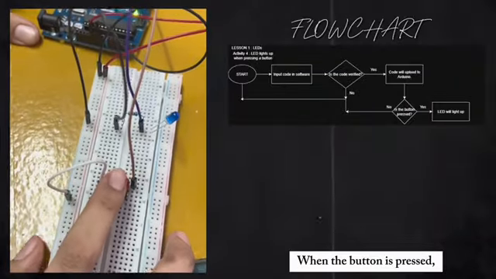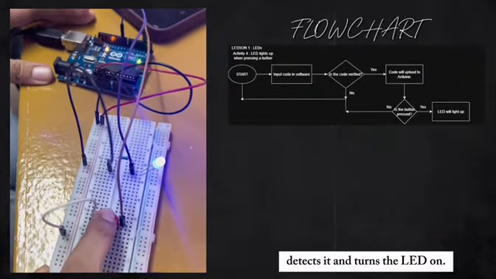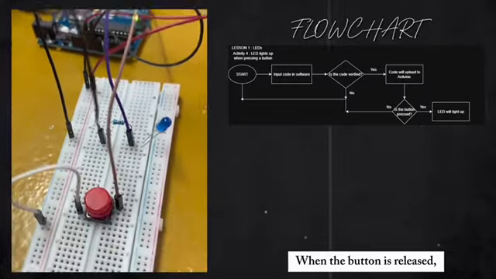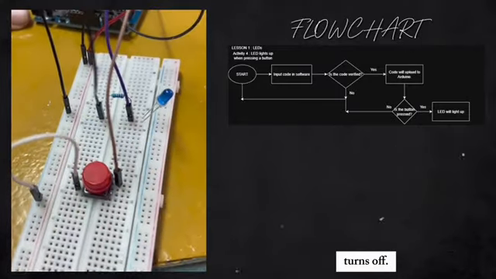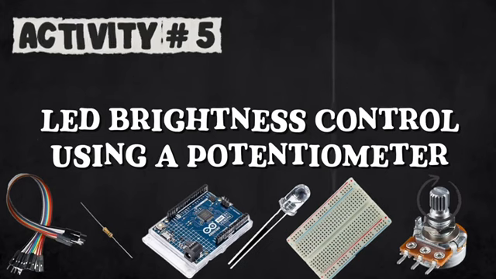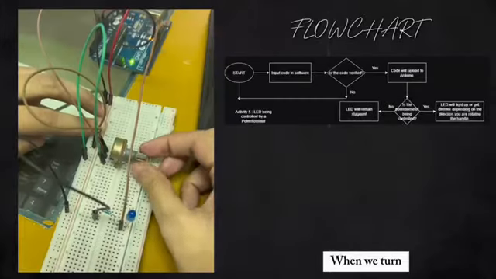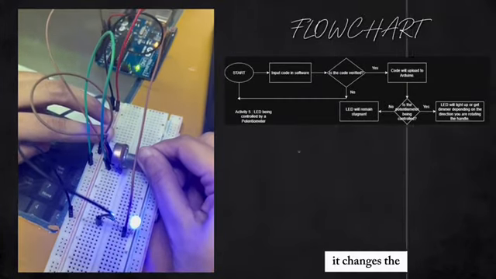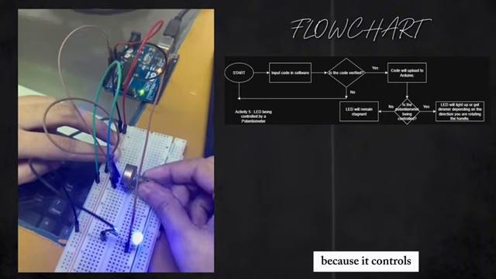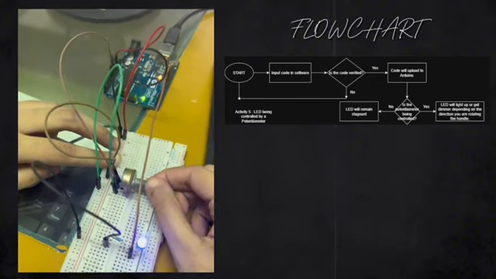When the button is pressed, the Arduino detects it and turns the LED on. When the button is released, the LED turns off. When we turn the potentiometer, it changes the LED's brightness because it controls the amount of electric signal energy sent